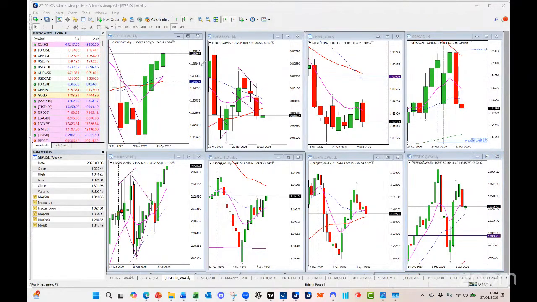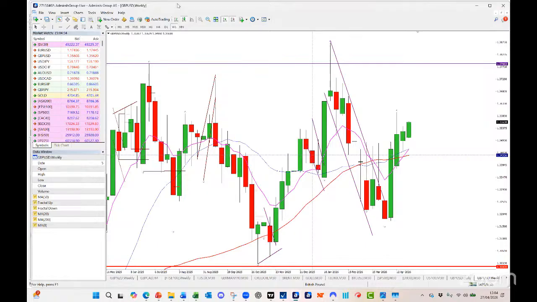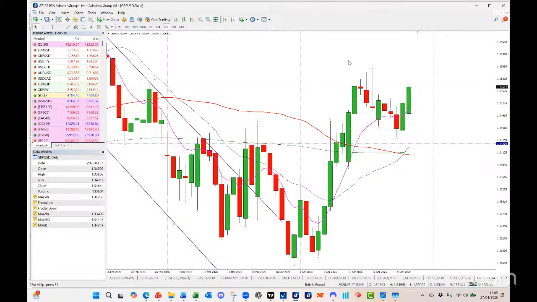All right, let's finish with sterling. I've got cable, euro sterling, pound Aussie, pound Canadian, FTSE, pound Kiwi, pound Swiss, pound yen. That's what I want to be looking at. It's a bit of a scrappy morning session, a very bearish morning session, mostly for sterling. But pound against dollar swings. As I said, this is kind of war off, risk on. And even though sterling data isn't great, this is more a case of that dollar risk off sort of move, and that's what we're seeing there.